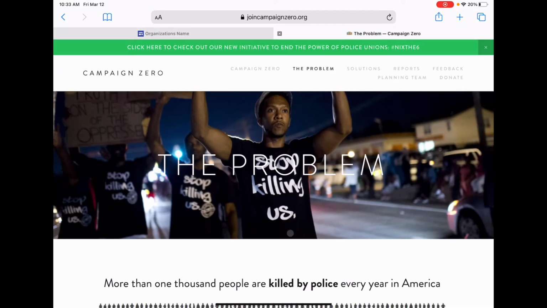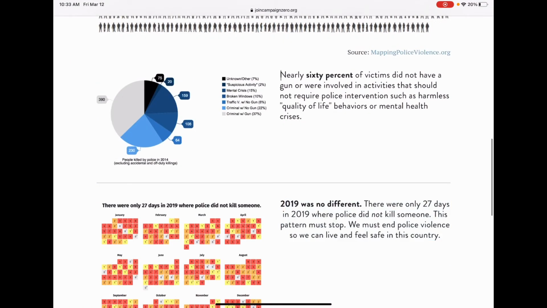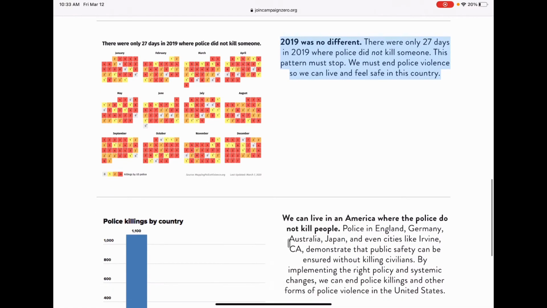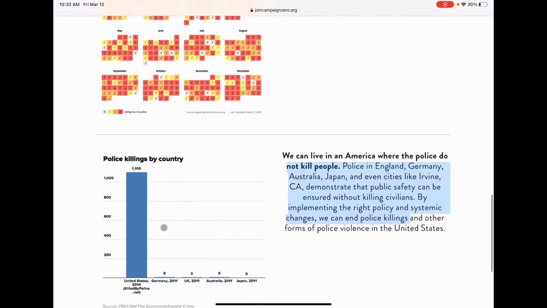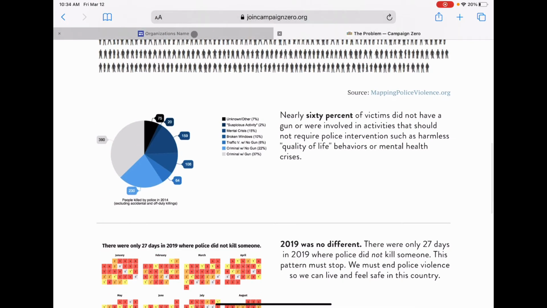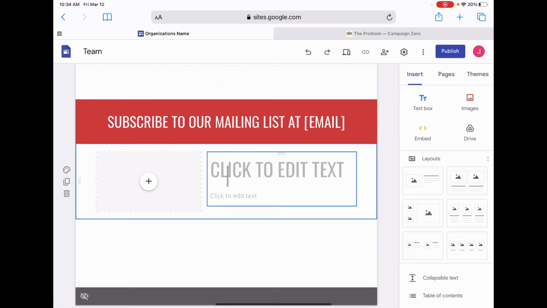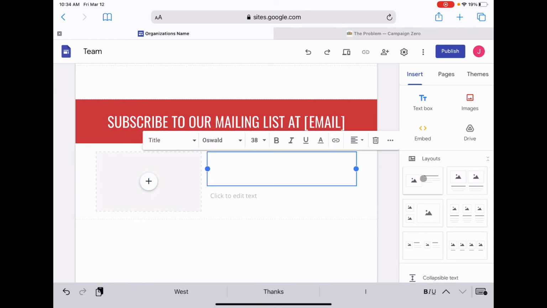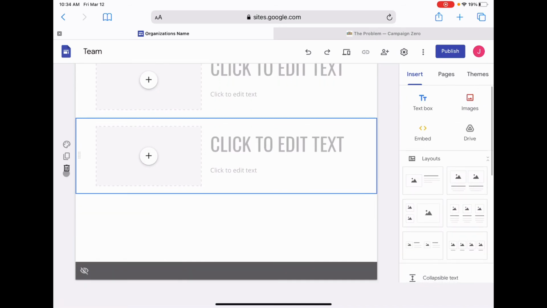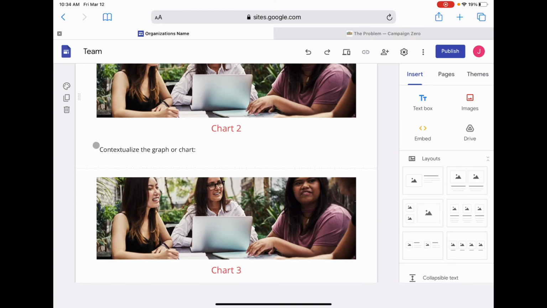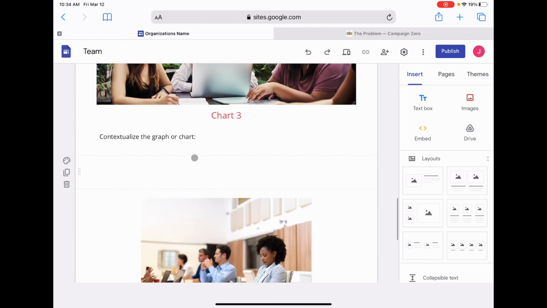So if you look at this, this provides that context that represents what's going on here. This provides the context for what's going on in the calendar. This provides the context for what's happening here in that chart. That is exactly what you are doing here. And you could maybe change the layout. You could add a text here and a chart here. I just added that layout, and if I don't like that, I just hit delete. So that could be the problem page. There you go. Pretty straightforward.